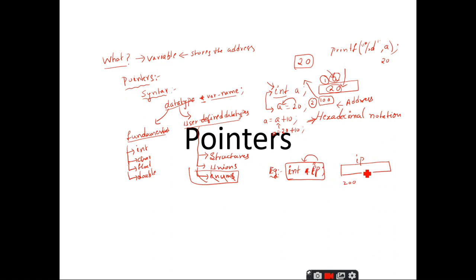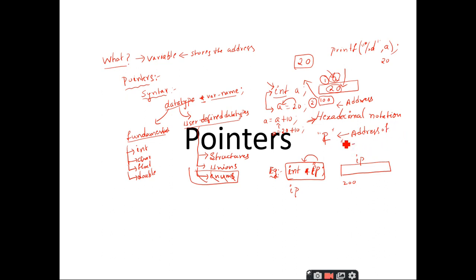So this is how we declare an integer pointer. Now, after declaring the integer pointer, it is mandatory that you should initialize that pointer with some valid address, right? So I just want to store the address of the variable a. There is an operator that supports programmers in the C programming language to access the address of a variable. The operator is represented by the ampersand symbol. This is called the address of operator,